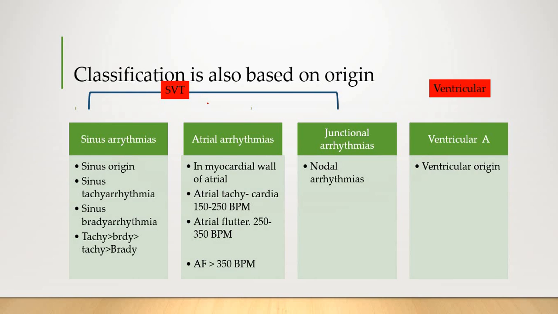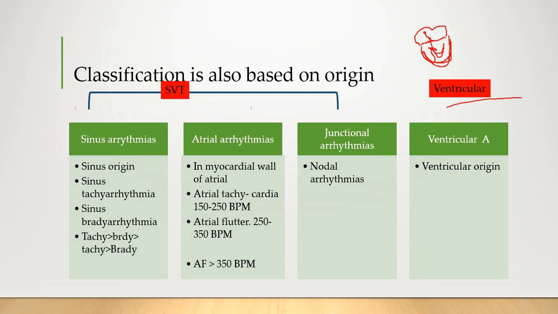Now, if we classify the arrhythmias based on their origin, we have the auricles, followed by the ventricles, and this is the junction. So we have the SA node and the AV node, then the bundle and Purkinje fibers on either side. When arrhythmias originate from the ventricular walls, or from any of the myocardial wall somewhere else, they are called ventricular arrhythmias.